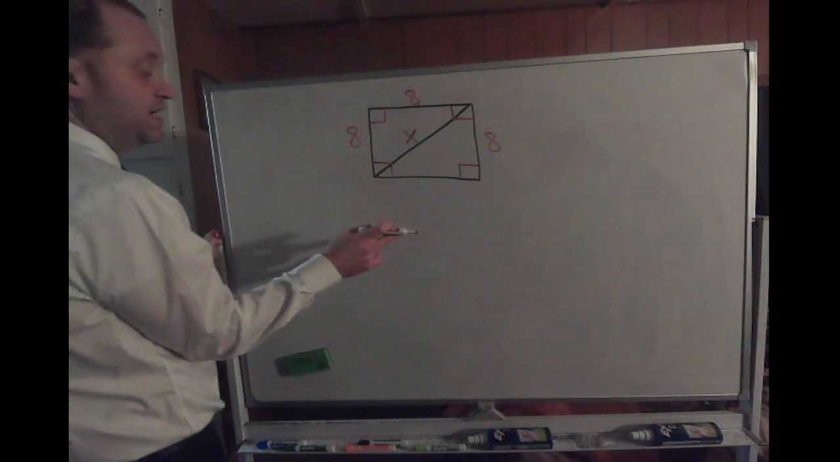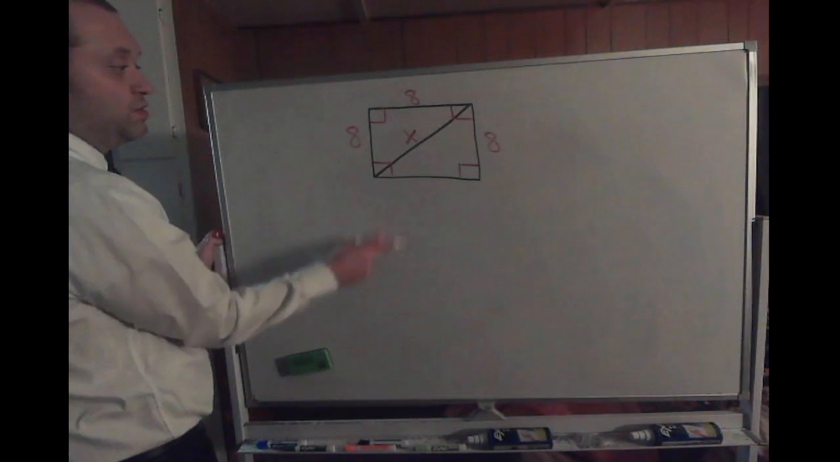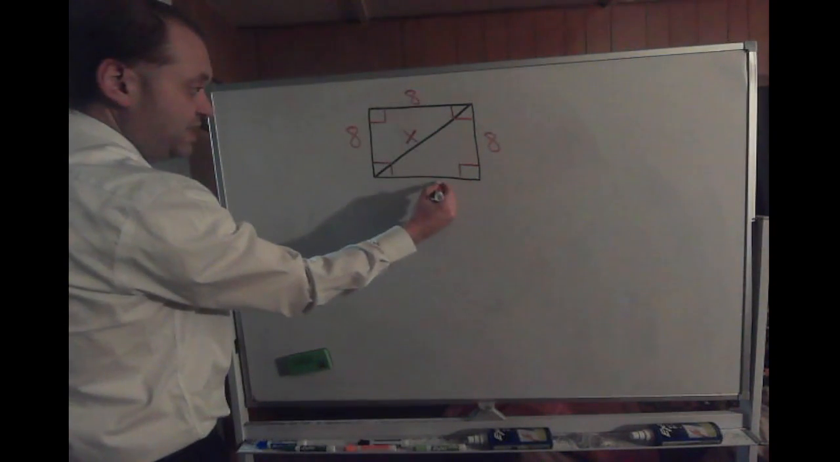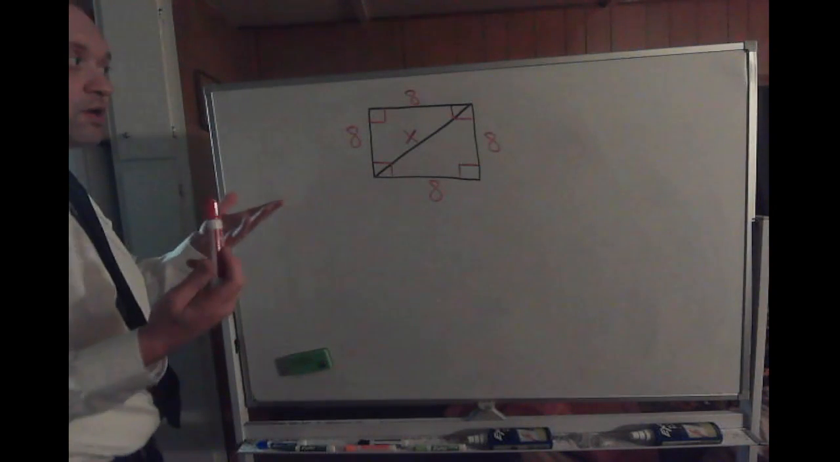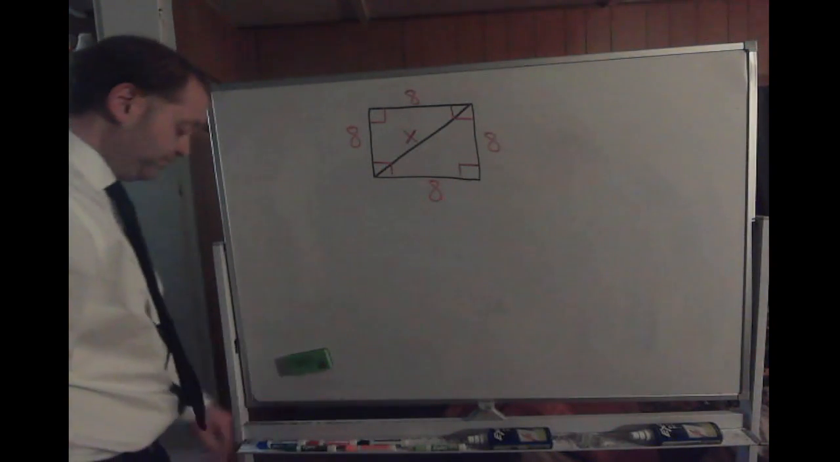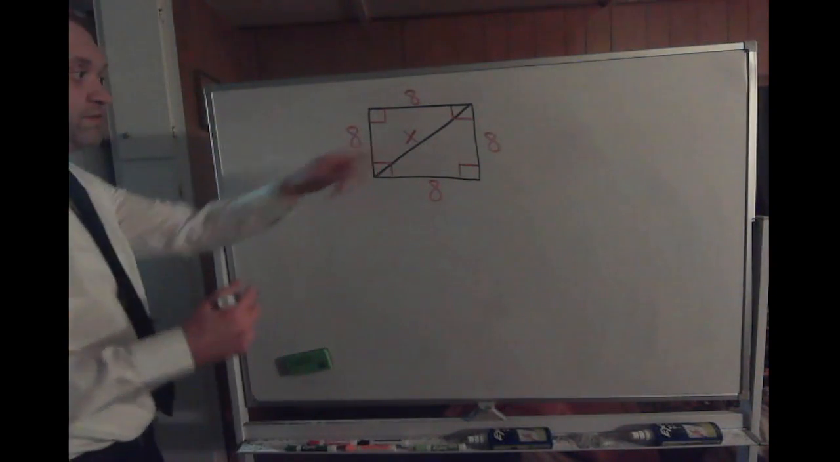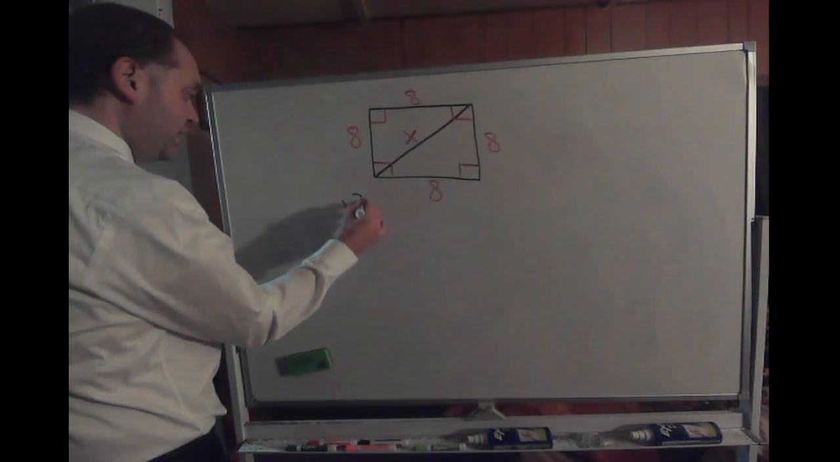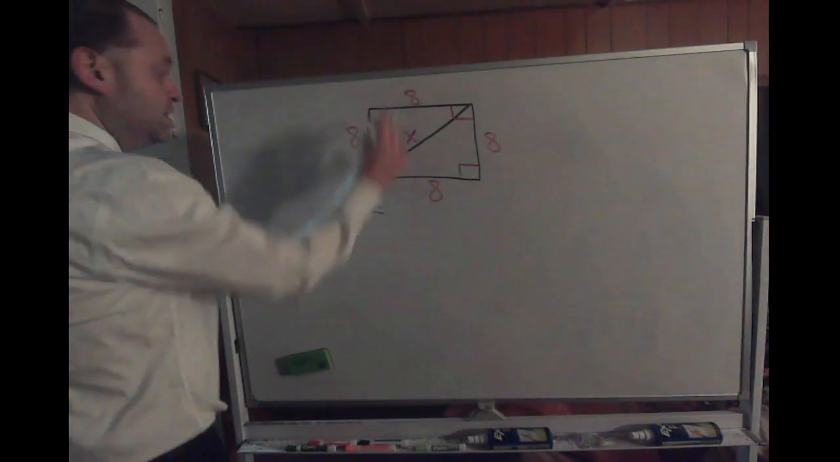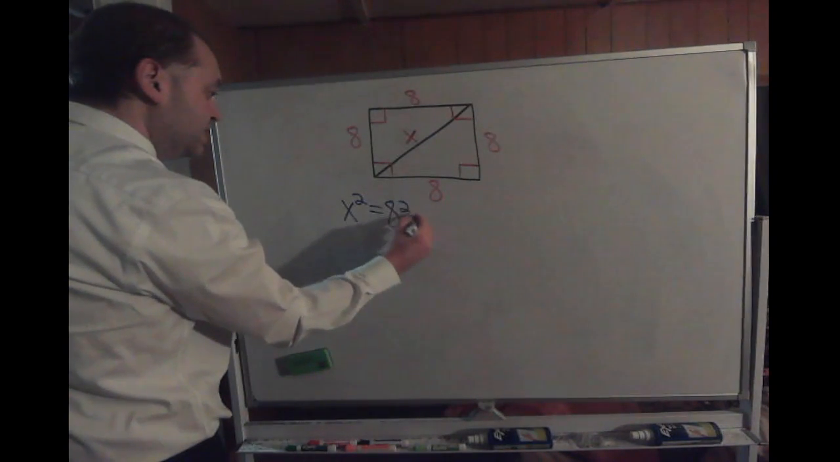Now we can proceed to solve for x. You also could have done the fact that this leg here was 8 by the same reasoning. It really doesn't matter. You could have gone either way. But we want to solve for x, which is the length of the hypotenuse. So we'll take x squared, we'll set that equal to 8 squared plus 8 squared,